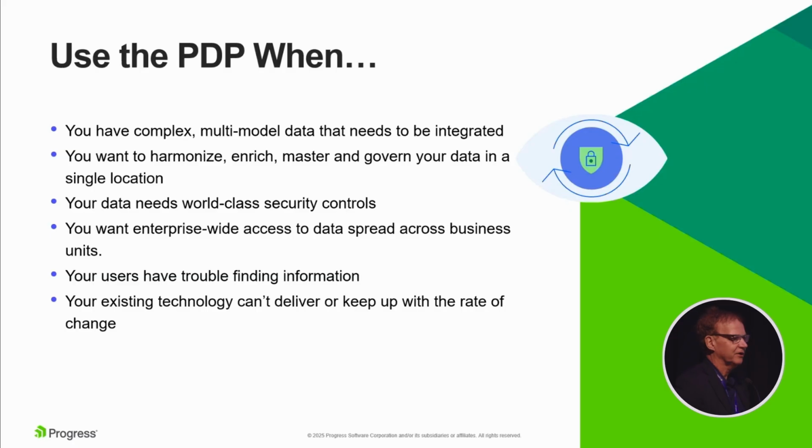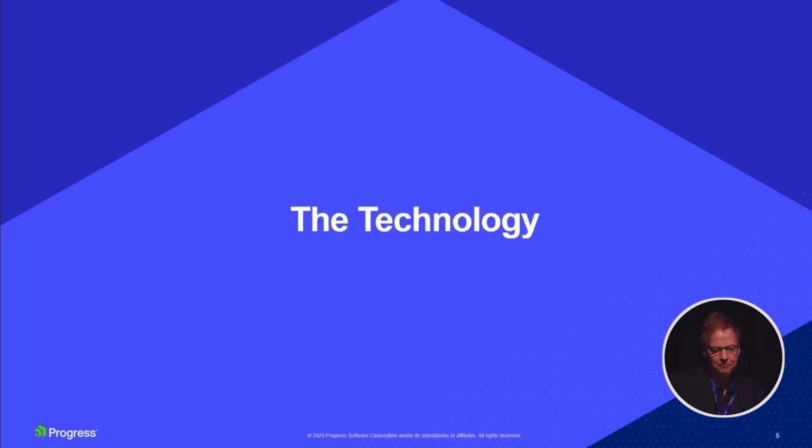If you have sensitive customer data that you're just leaking out to anyone who asks, you'll be on the front page of the New York Times in ways that you really don't want to be. And also the rate of change. Especially on the Gen AI, I'm going to talk a little bit about that. The world's changing all the time. You want to keep up with it. And our platform is really designed to change and move quickly.